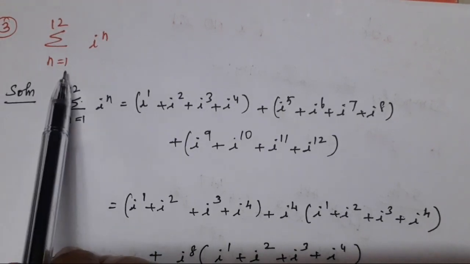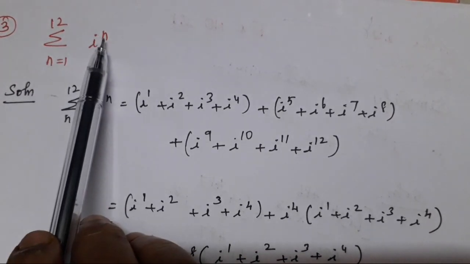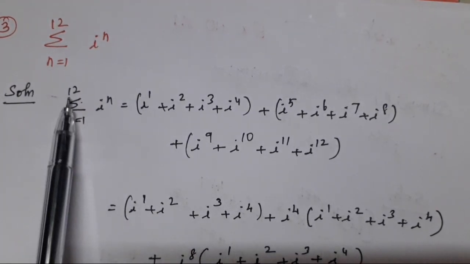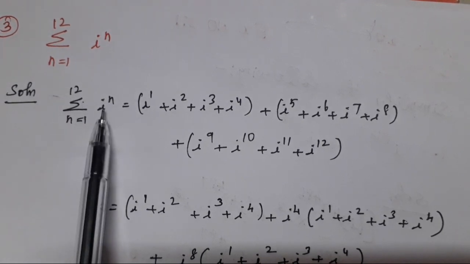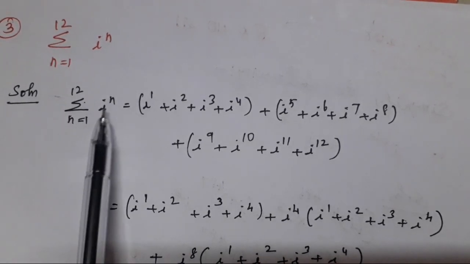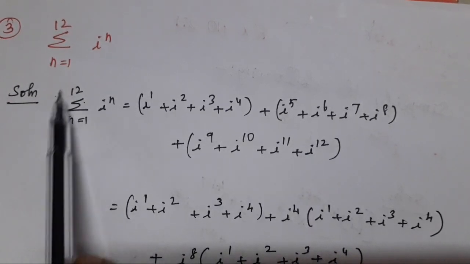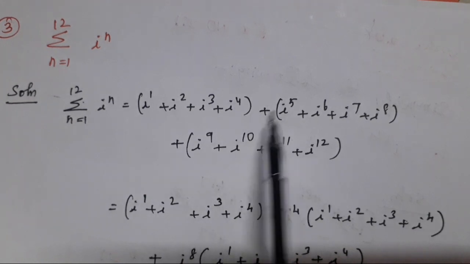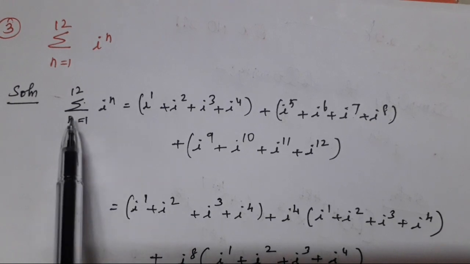See the third sum: summation of n equal to 1 to 12, i^n. How to rewrite this one? It is split into 4 terms, because 12 is also divisible by 4. So i^1, i^2, i^3, i^4 plus i^5, i^6, i^7, i^8 plus, because it is a summation up to 12 terms,